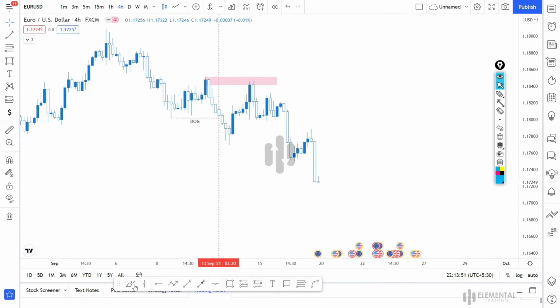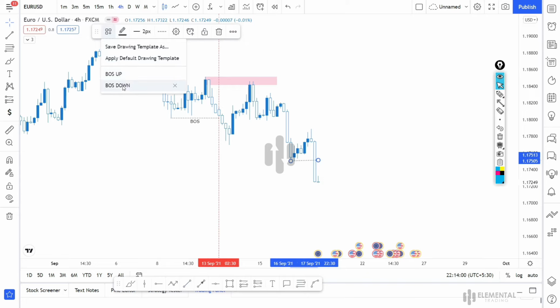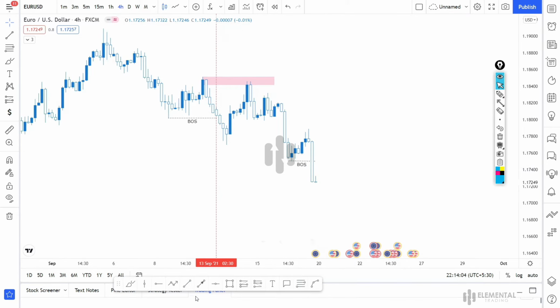So moving on to the plans for the next week, here we can see price broke a low here. So it's a breakout structure here, right? Breakout structure to the downward side. So since it broke structure, our key level will be this area. This area will be our key level.